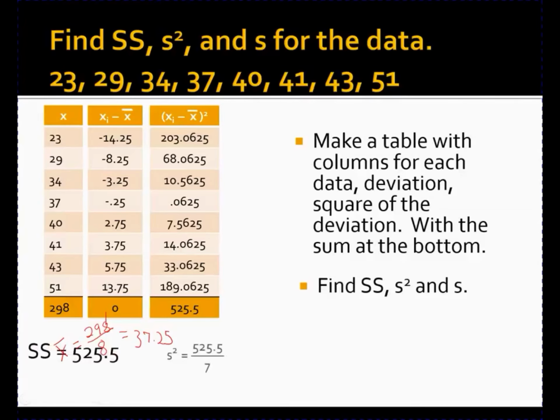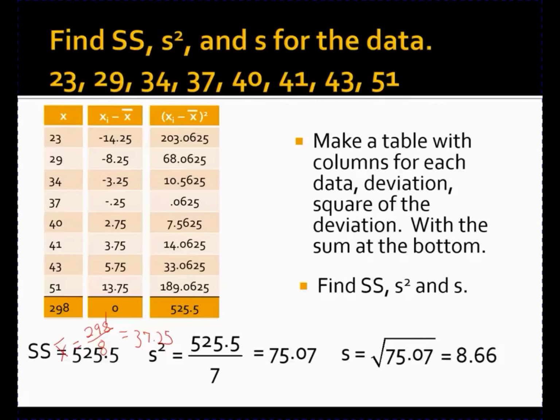So there's our sum of squares, 525.5. We had 8 data points, so n minus 1 is 7. 525.5 divided by 7 gives us our variance, 75.07. And then to find our standard deviation, or s, we take the square root of s squared, the square root of 75.07, and we get 8.66. So the standard deviation is 8.66. We're going to be seeing this idea of standard deviation a lot as we work through these, and that really measures the spread of